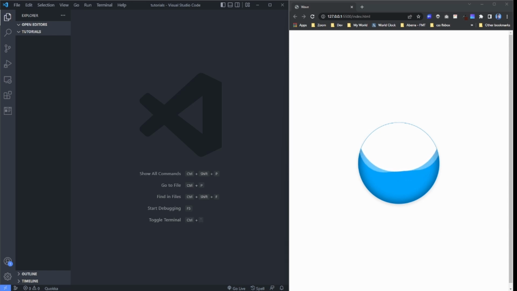My name is Shadrach, and in this video I'm going to show you how to create this wave loader effect with CSS. There's the final effect we are going to see. I'm going to go through the code with you from scratch, and then we see how we get an effect like this. So the first file I'm going to create is